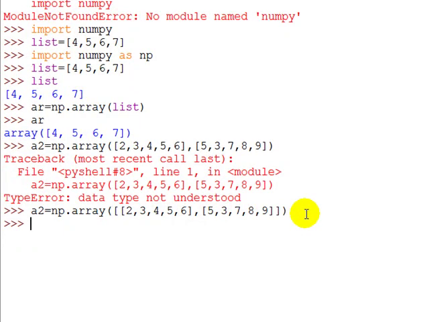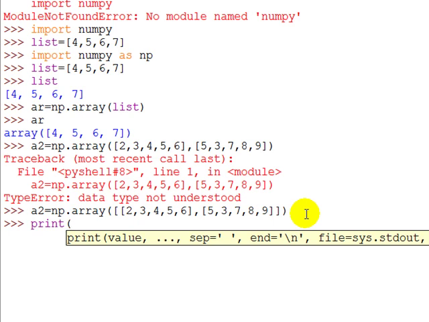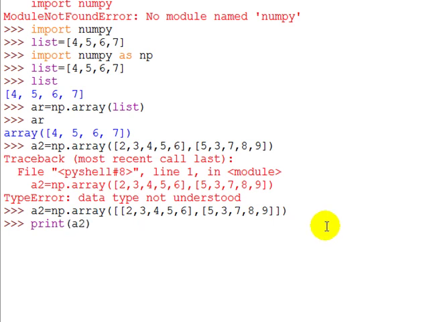Now I have to print a2. You can see this is a two-dimensional array, with the outer square bracket and the two inner square brackets containing the elements, that is 2 rows with 4 columns.